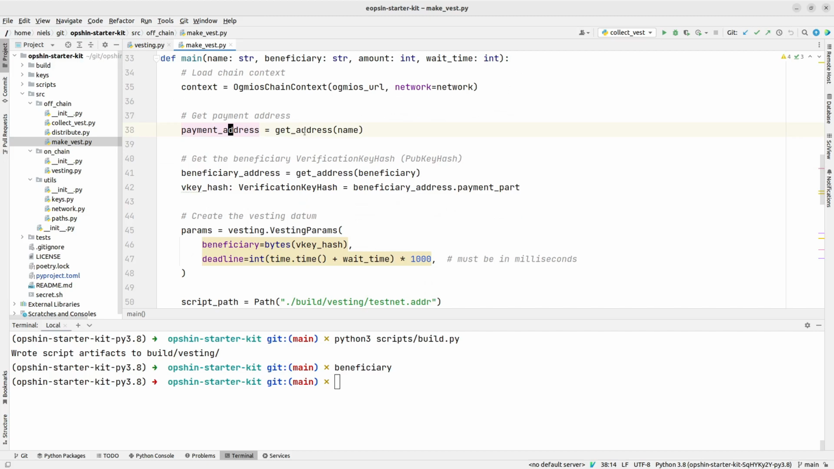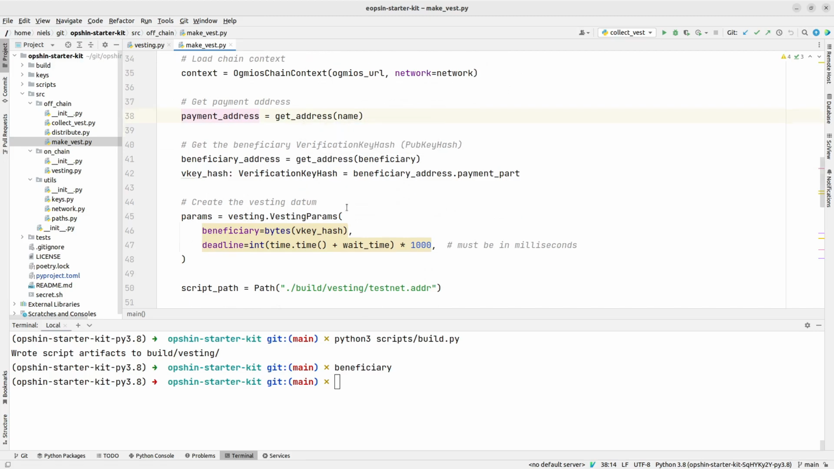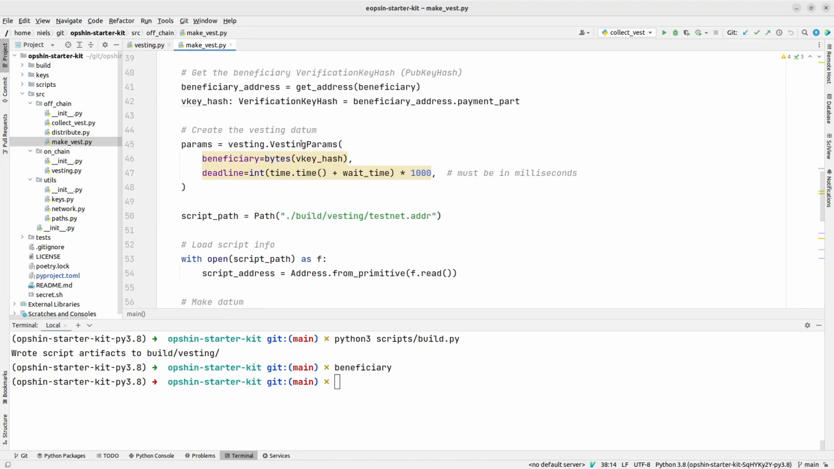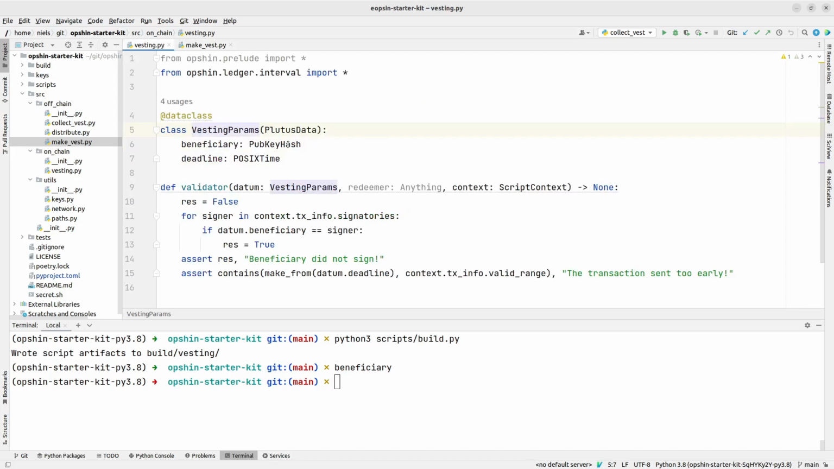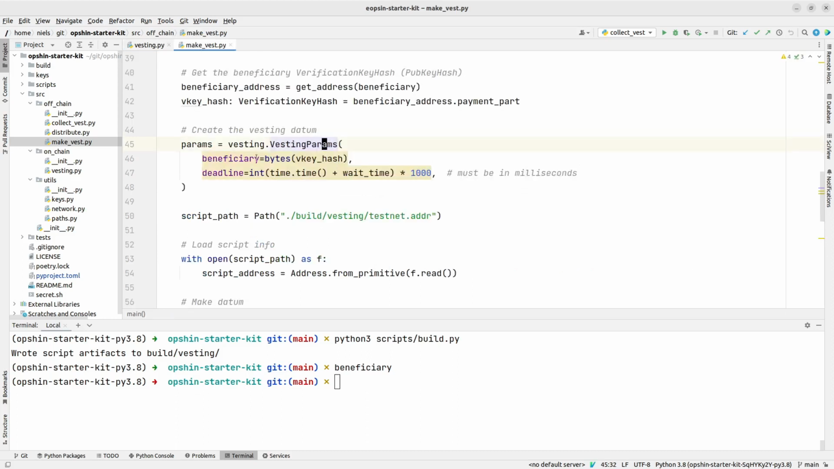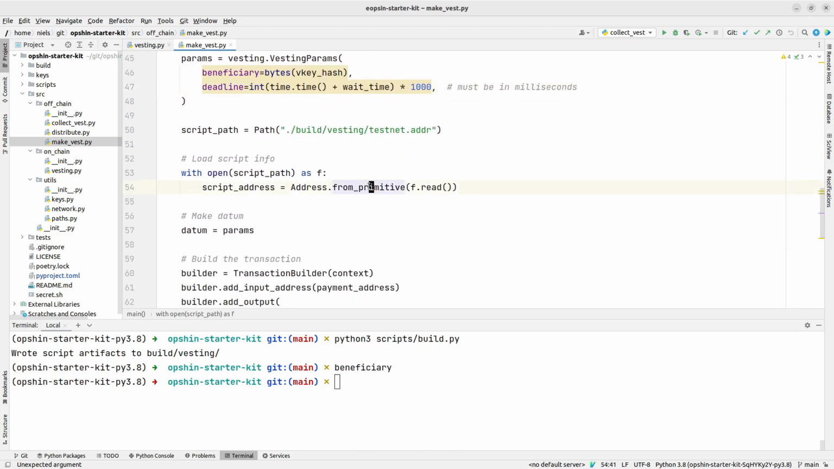It loads the payment address using our utilities. And now we create the datum that we send to the contract by invoking the very definition used in the contract. So this is the vesting params. It also resolves to our contract. And we can set the beneficiary and deadline values to the values that we want to have. Then we load the address from our build, the testnet address,